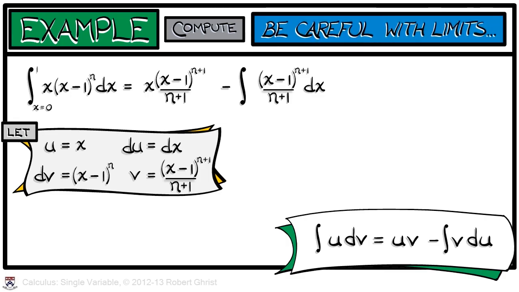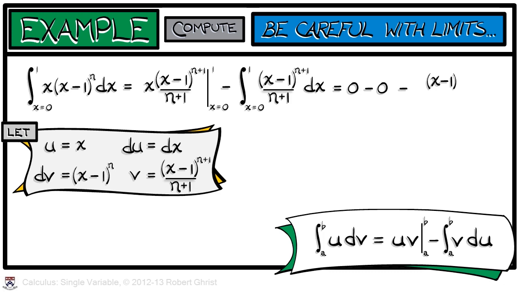However, we must be careful with the limits. The integration by parts formula for definite integrals follows the pattern you would expect, but you have to evaluate the uv term from a to b. So let's do so in this case, evaluating as x goes from 0 to 1. What does this give? Well, when we evaluate the u times v quantity from 0 to 1, we get at 1, 0. At 0, 0. That's simple enough. Fortunately, it goes away, and we're left with the integral of (x minus 1) to the n plus 1